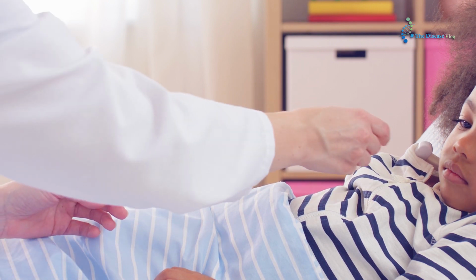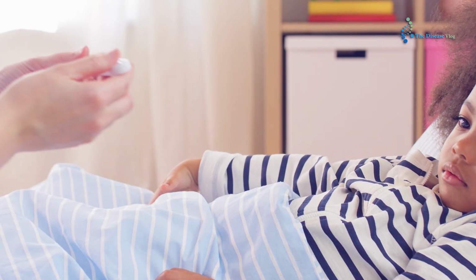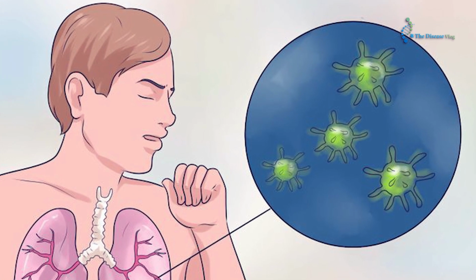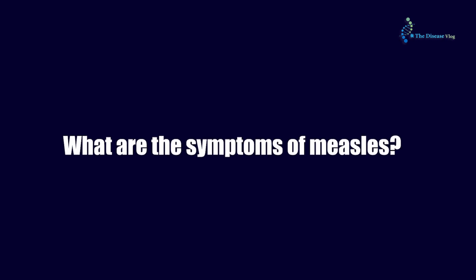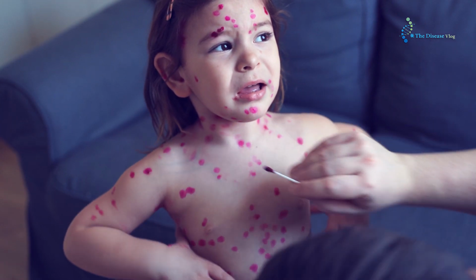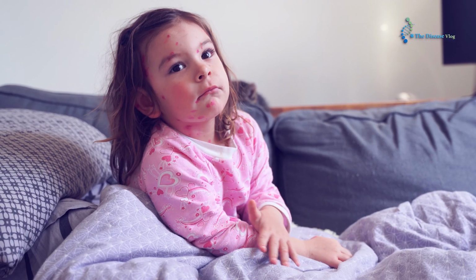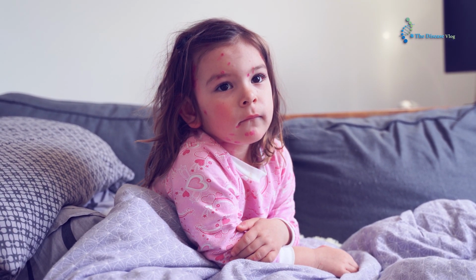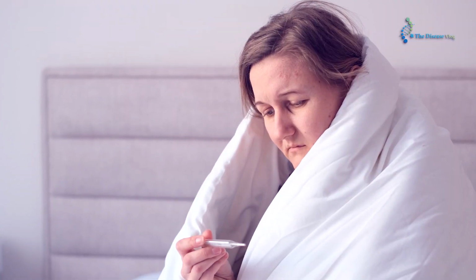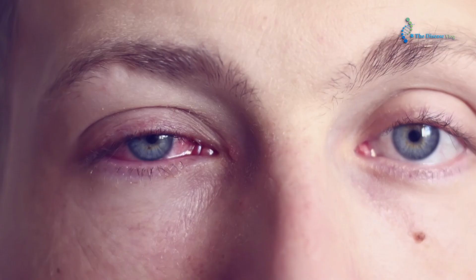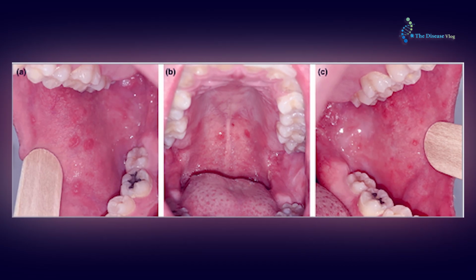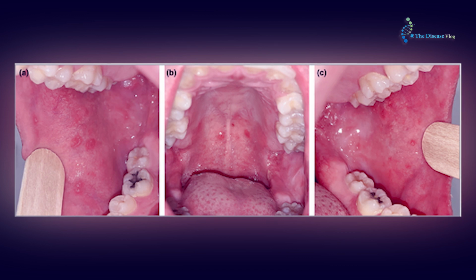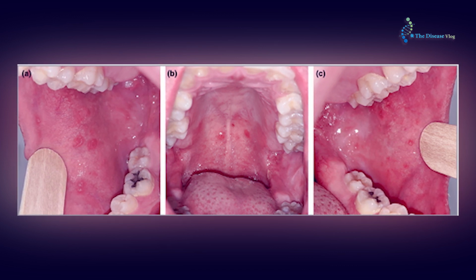Moreover, vitamin A deficiency increases the disease severity of measles and the chances of complications like vision problems, diarrhea, pneumonia, and others. What are the symptoms of measles? A measles-infected person experiences its symptoms 10 to 14 days after getting the measles virus in his body. Other symptoms include high fever, dry cough, runny nose, sore throat, and inflamed eyes. Koplik spots are also formed, in which small white spots appear with white-blue centers and red outer boundaries.